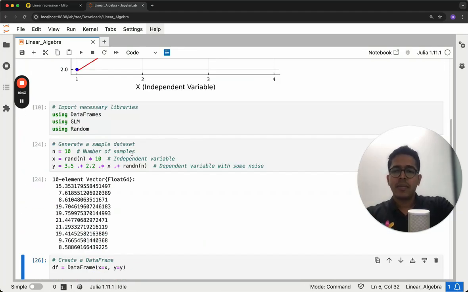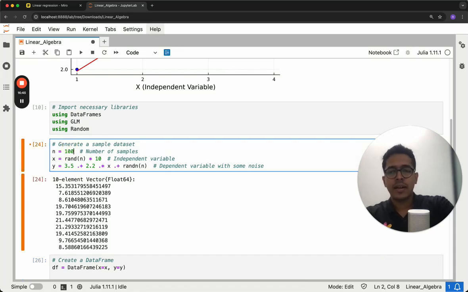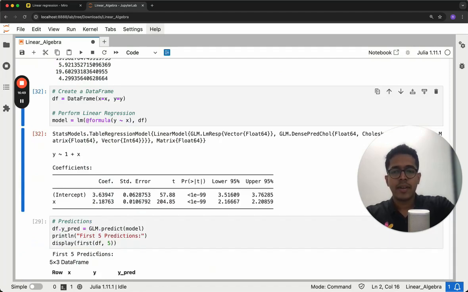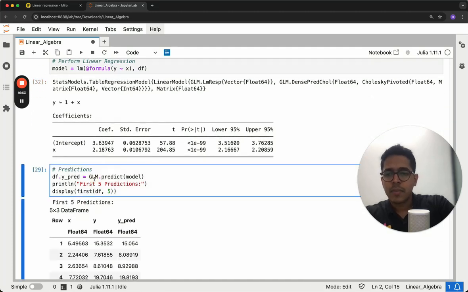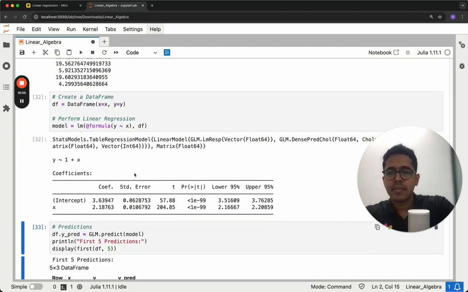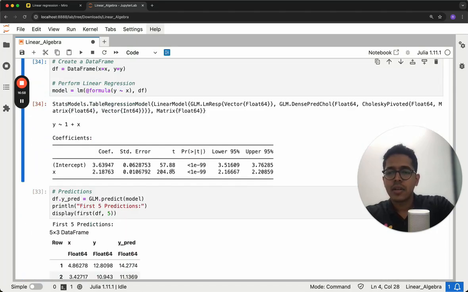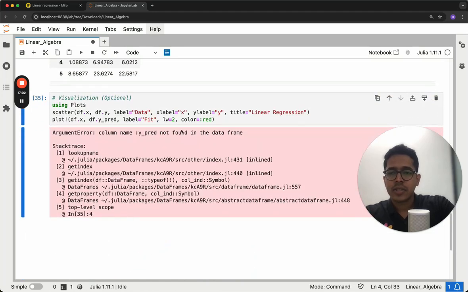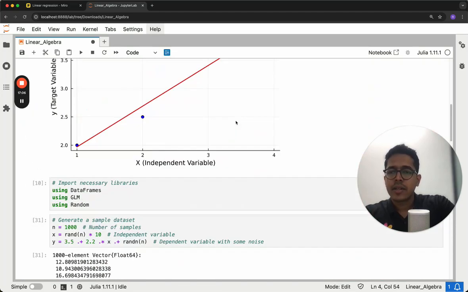Let's plot with a larger number of values instead of 10. Let's say 100, 1000. It will look very good. The graph will be very interesting to see. I think this predictions part will probably take some time, but it did not take time. Actually, it was quite fast. Y predicted not found in the data frame. Okay, so